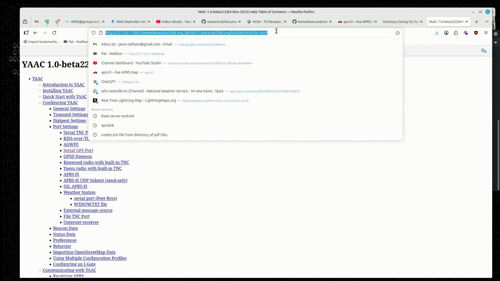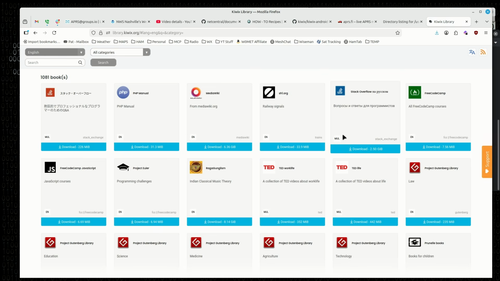Well, there's a few different tools. The first one that we can use is library.kiwix.org, and this is where I found the entire Wikipedia download. Now, obviously that's going to be updated as time goes on, so this is something you're going to have to keep up to date. You'd have to download a new copy, say in 6 months to a year, but a lot of that information never changes. Only portions of it do. But if we go here to